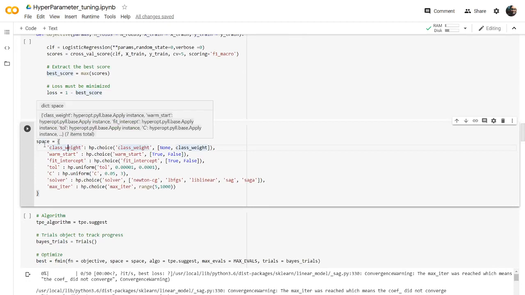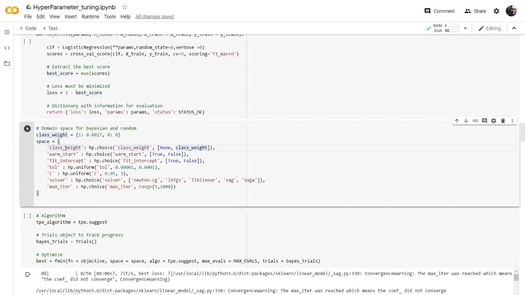So this is the objective function, and now we'll be building the domain space of this one, I mean the hyperparameters. We have around 7 hyperparameters here, and we'll be giving all the values here. We'll be using hyperopt only, like hp.choice. Choice in the sense you give a list of values, and it will pick one from that.